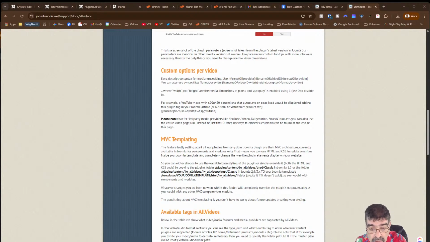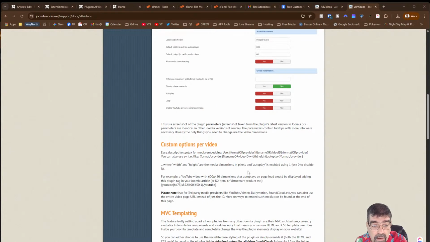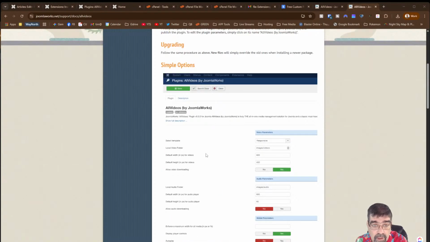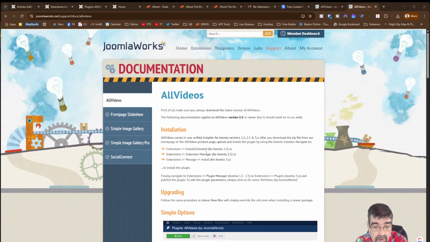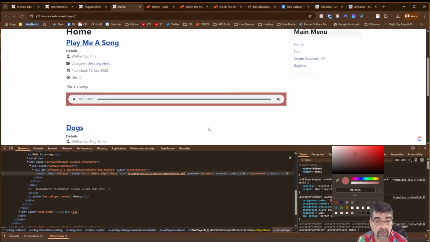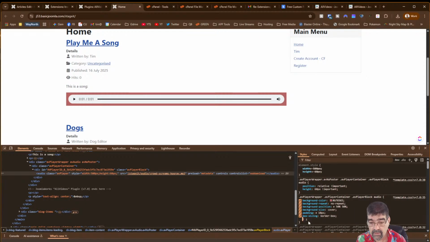Okay. Custom options for this is for the video, but they must have something for that as well. That said, as we've seen here, you could actually just do custom CSS and